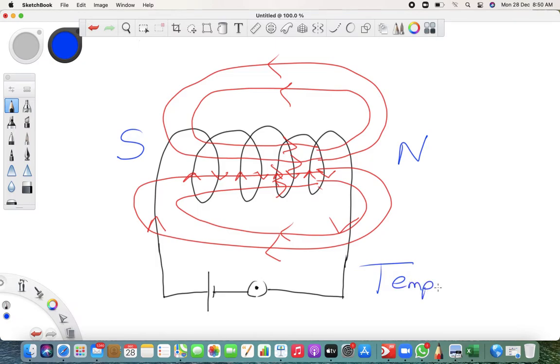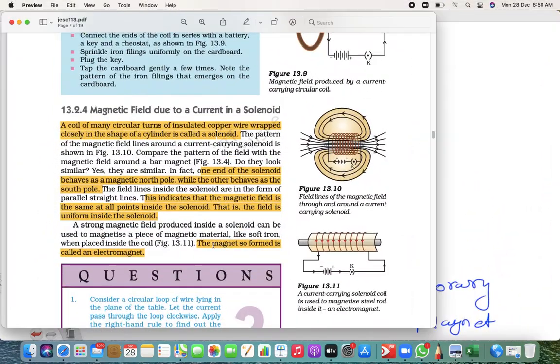So this is nothing but what is called a temporary magnet, right? What do you call this? A temporary magnet. Why am I calling it a temporary magnet? The moment you switch it off, this magnetic field becomes demagnetized. So that's why this is called a temporary magnet. Whenever we want, it will become a magnet. When you switch it on, it will become a magnet. When you switch it off, so when the current is not there, it is demagnetized. And when the current is there, it will become magnetized. So that is what they say, temporary magnet. Okay, hope you understood what I am trying to say.